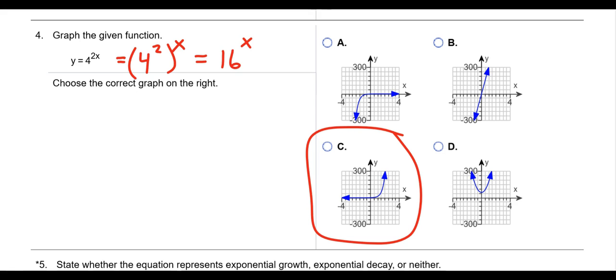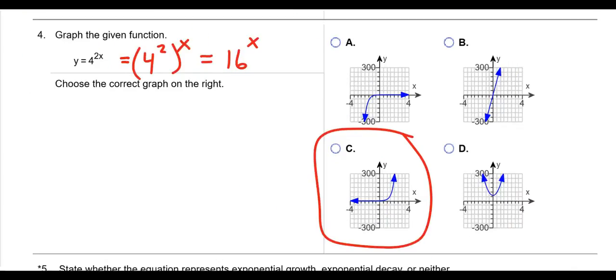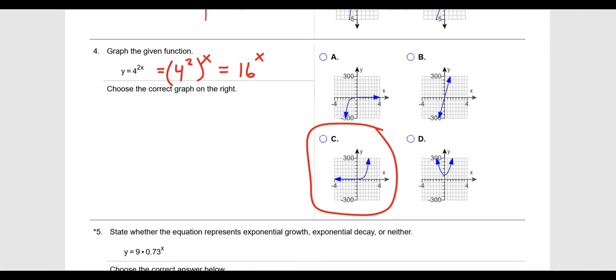Okay. You mean the graph for A, or the equation for A? Oh, no, you mean A, the growth factor. This is y equals 1 times 16 to the x. She's correct that